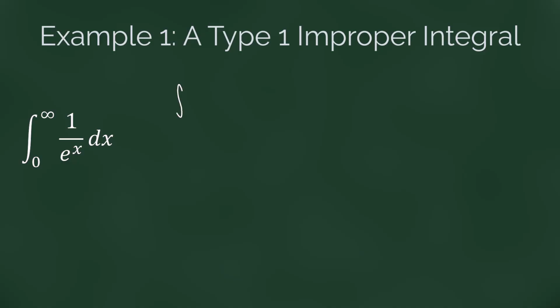For our first example, we will return to the problem that motivated our original discussion. We're going to examine the integral from 0 to infinity of 1 over e to the x dx. If you recall from that earlier animation, as x moves along the x-axis and we contemplate the area under the curve, we see that the area continues to grow, but the amount by which it grows gets very, very small. So we want to see if there is in fact a finite bound on that area. We're going to use our definitions to say that this is the same as the limit as b approaches infinity of the integral from 0 to b of 1 over e to the x dx,